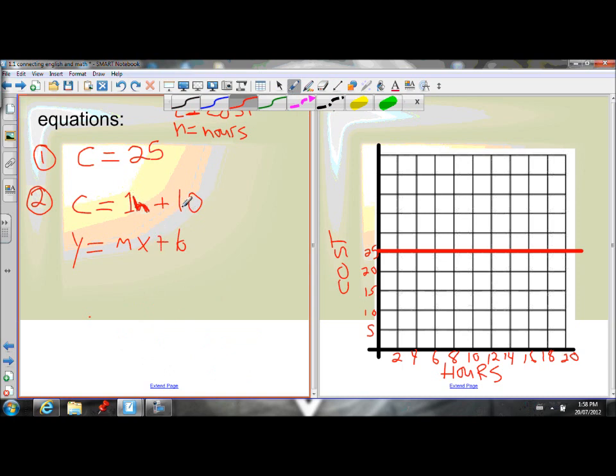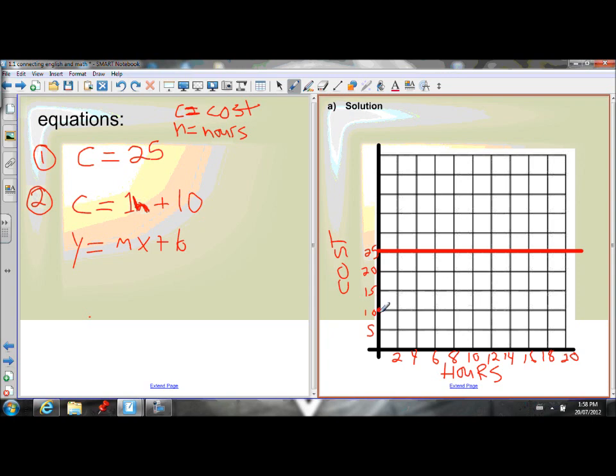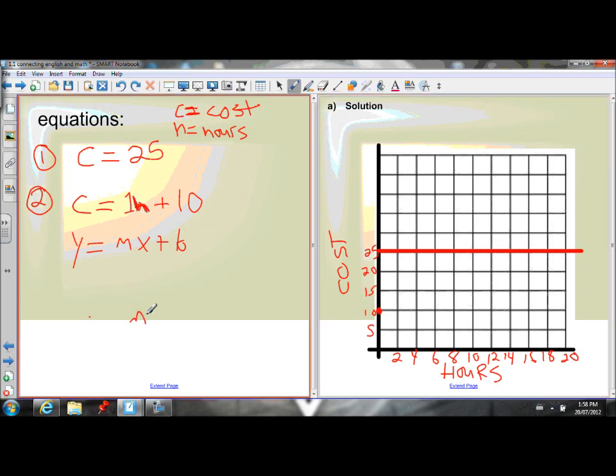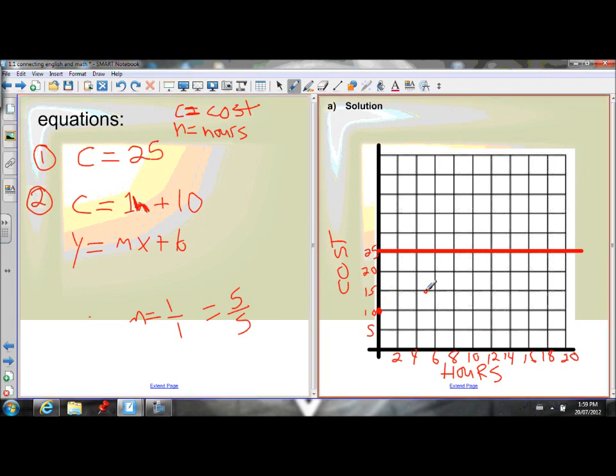It has a y-intercept of 10, so it crosses the y-axis at 10. And it has a slope of 1. So slope is 1 over 1. So that means it's going to go up 5, and it's also going to go over 5 at the same time. Okay? 1 over 1 is equal to 5 over 5, which is equal to 13 over 13, or any number over itself. Okay, so I'm going to use this slope, go up 5, over 5, up another 5, over 5 more,